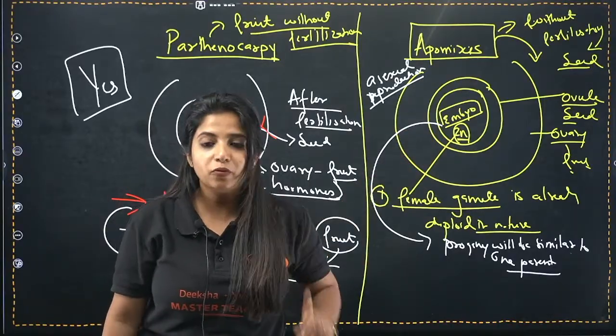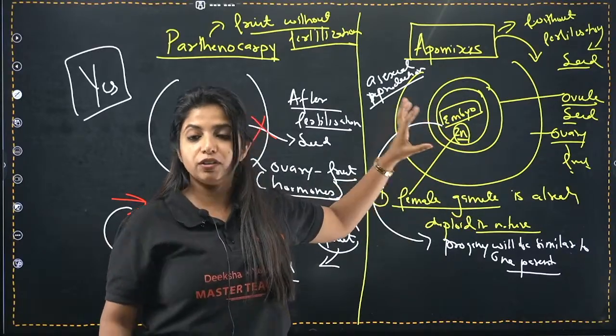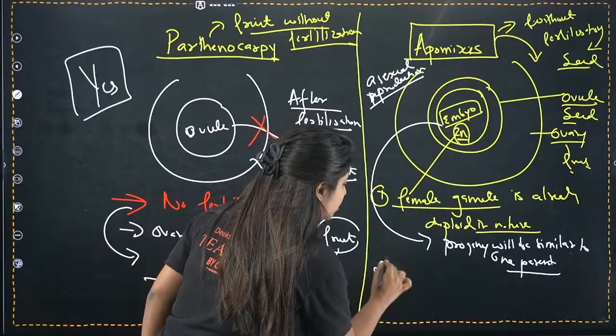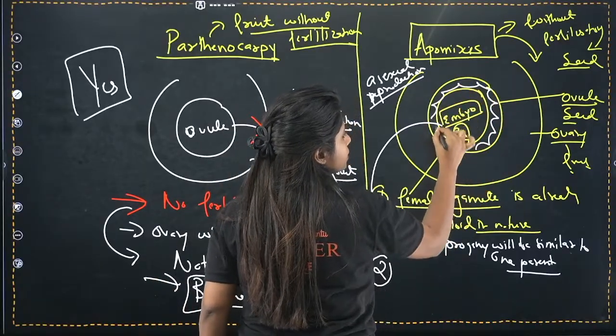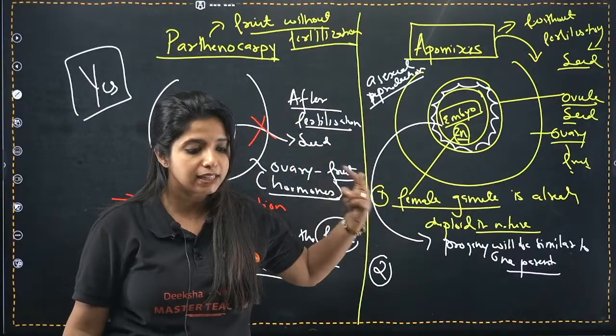Cool. Now one more very important thing. That's not all. This is not the only way you can do apomixis. There is also one more way. And what is the one more way? Remember I told you sometimes in the ovule the nucellus persists. The cells of the nucellus sometimes persist out there. This is the second scenario.